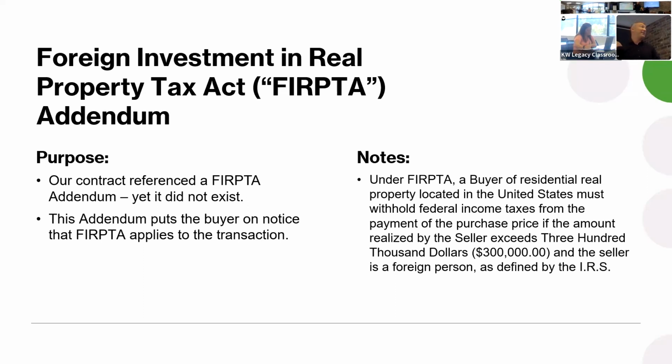So if you have a seller that is a foreign person, as defined by the IRS, and the property is more than $300,000, this is a new disclosure you have to put forward. Okay, so that's the nuts and bolts, the only thing that you guys need to remember. If you have a foreign seller, it could be an LLC from Germany, it could be someone who's here but doesn't have a green card, it could be any number of things. If that seller is putting a listing on Bright, you need to include the FIRPTA addendum.